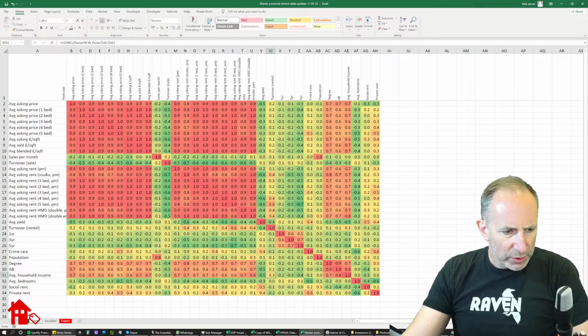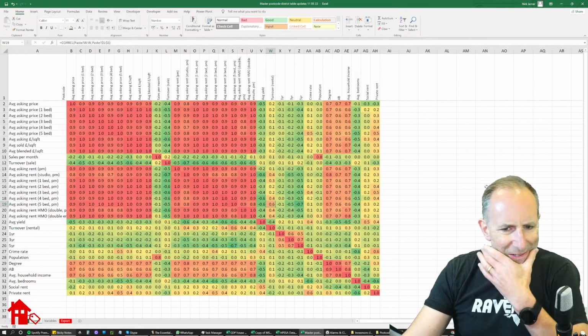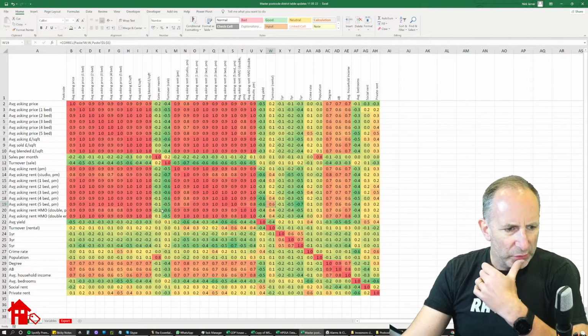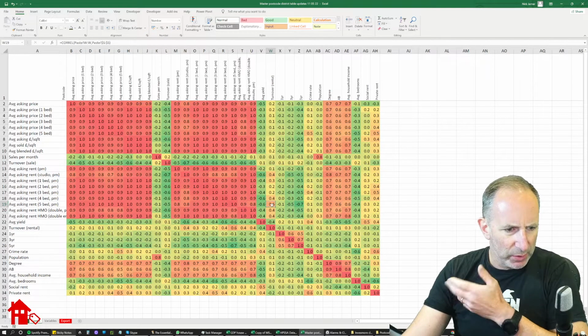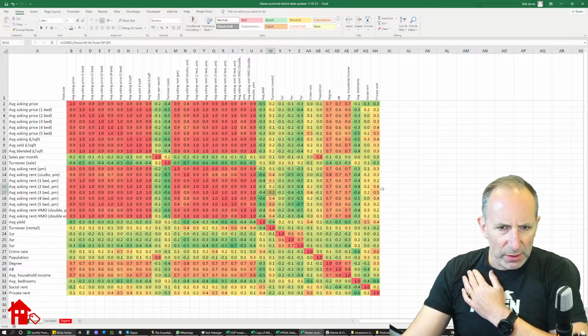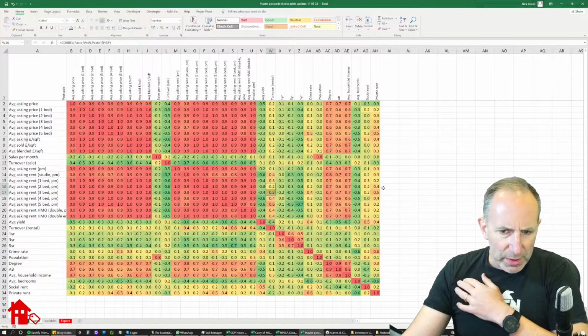there is a small correlation between more income and more turnover, but the rental turnover correlation seems to be the highest where there's quite a lot of large houses, which is interesting. I don't know why that is, but where you have high asking rent for large houses, you also have a lot of turnover. I don't know why that is. Strange. But generally speaking, it's 2 and 3 bedroom properties that interest us the most, because they just work well for